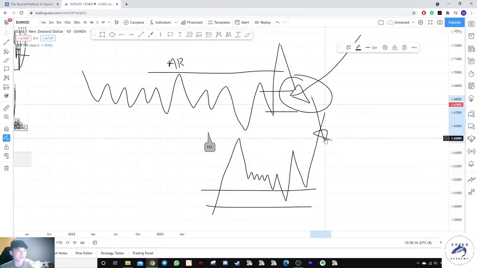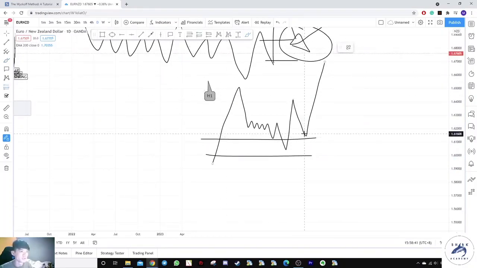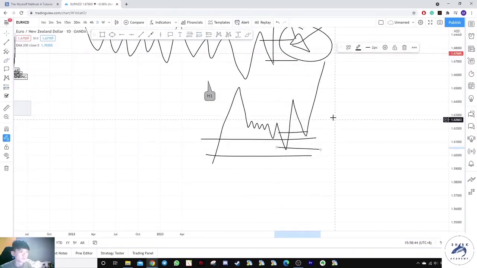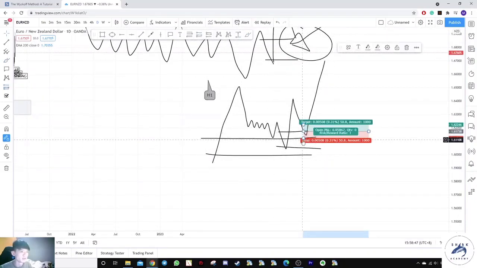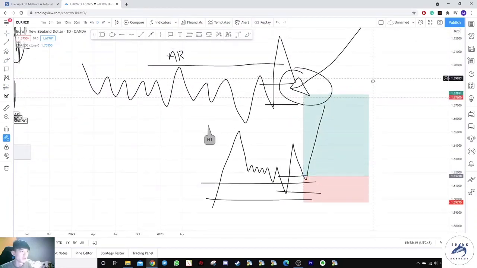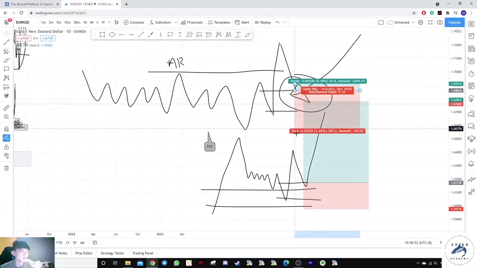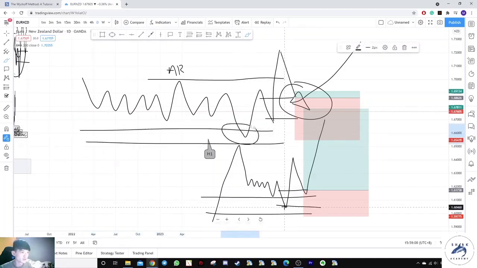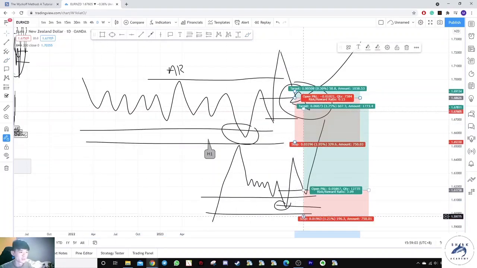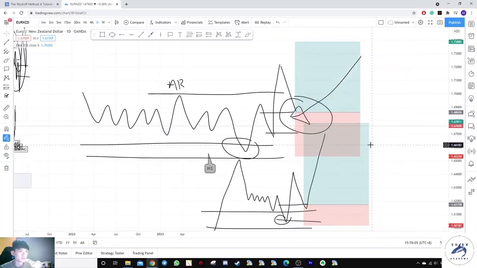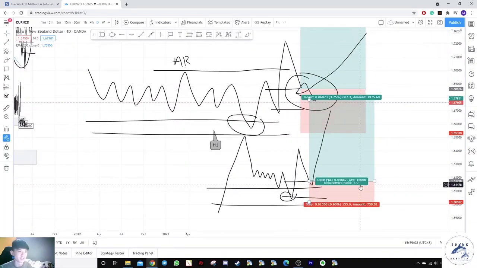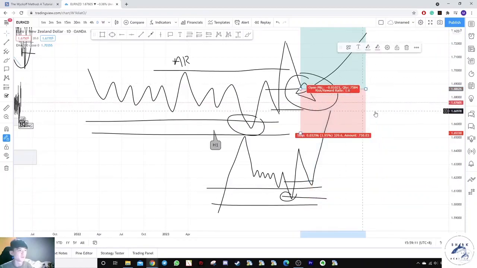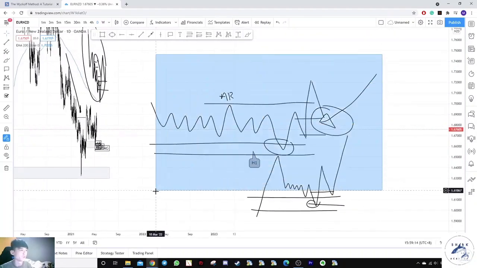So what is the difference? First, you get confirmation over here. Second, you have your stop loss below this level. So can you imagine this is a demand zone? You're able to buy here, stop loss below this level, as compared to previously, you are buying here and stop loss below this spring. Right? So this is your spring in your demand zone. So spring, stop loss below spring, and you have a very different risk to reward. This is like 1:4, at least, compared to 1:1.5 or 1:2, correct? So this is how you use Wyckoff distribution.